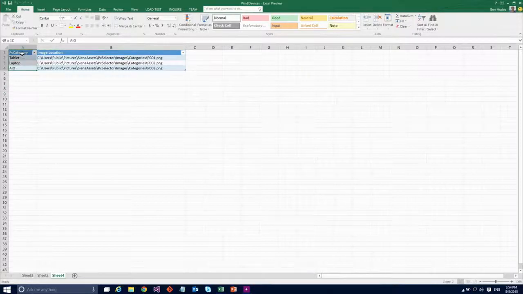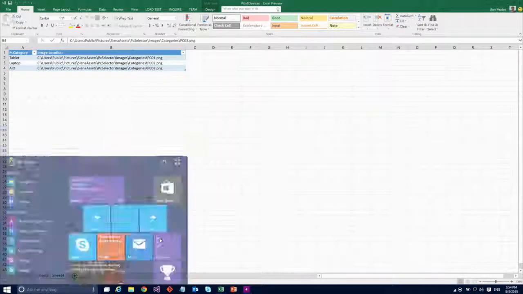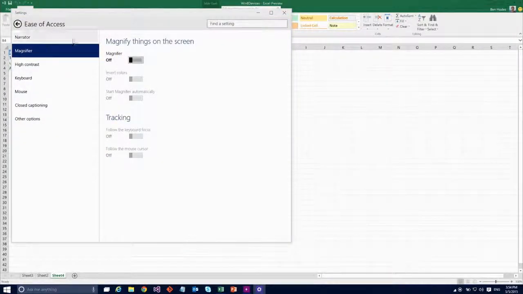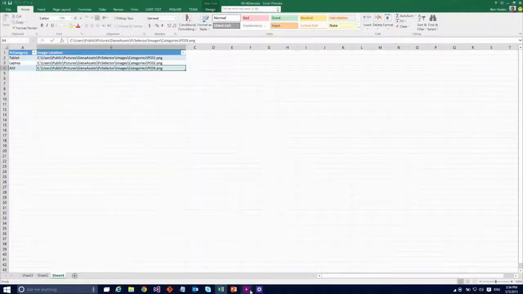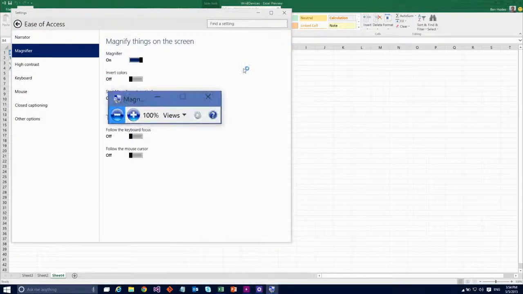So here we have a table of the PC info, the category info. We see the links actually out to, let me zoom in, that's kind of small. Okay, there we go.